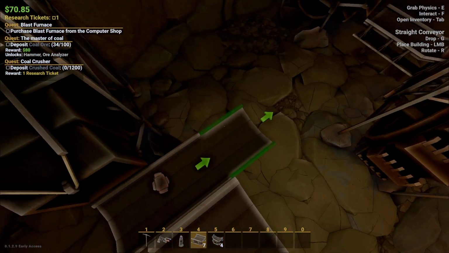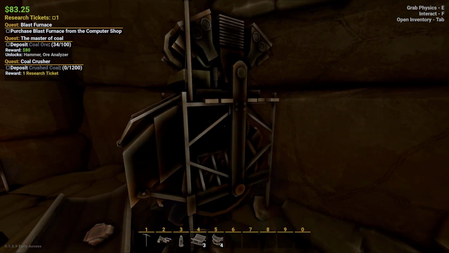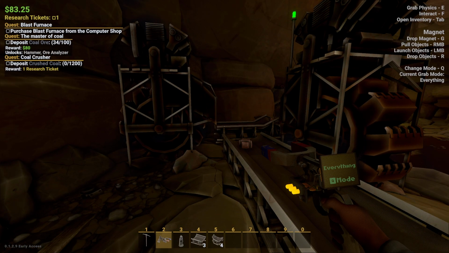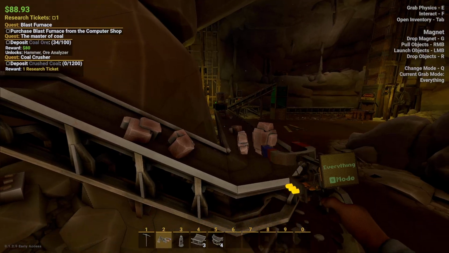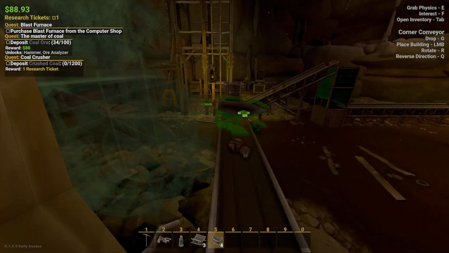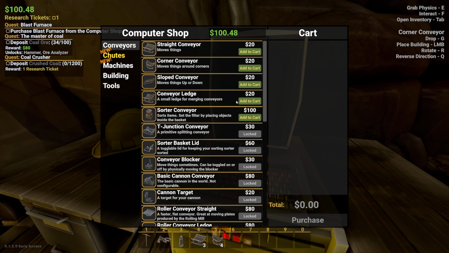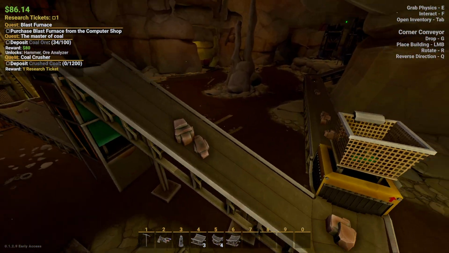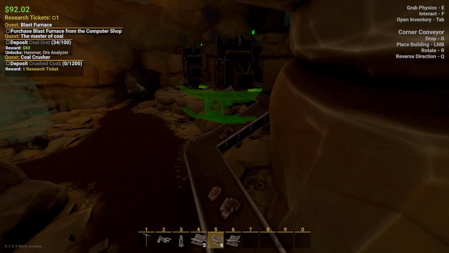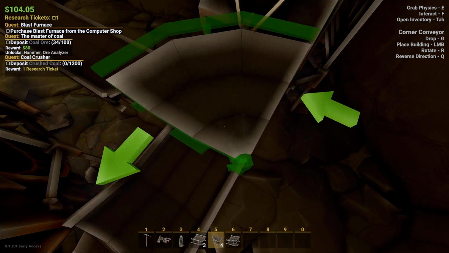And then we'll do that. And then we'll grab these. And we'll just kind of plunk those up here. And then we'll grab another conveyor ledge so we can kind of merge those here. Now, at some point, we can do just this, and actually, that's probably what I will do. I don't want to because it's a